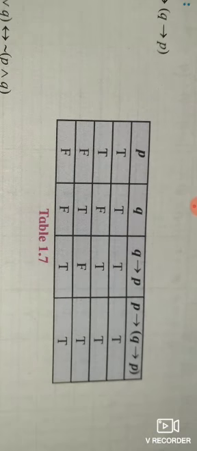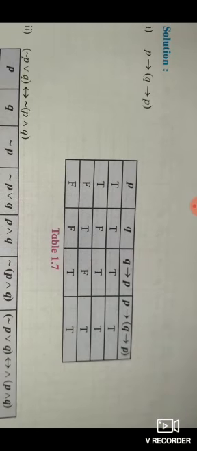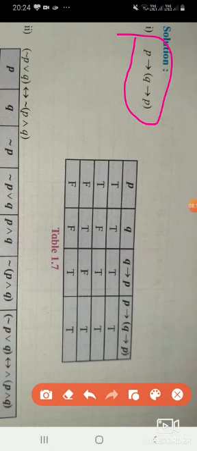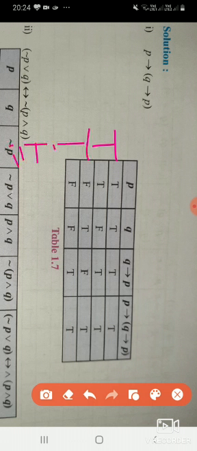Here P and Q, we have to prove this one. Here two statements are used, one is P, another one is Q. So two statements mean what are the possibilities? True, true; true, false; false, true; false, false. These are the possibilities, so we will write in this way first. True, true, false, false, and true, false, true, false. The P value and Q value will be written in this way.